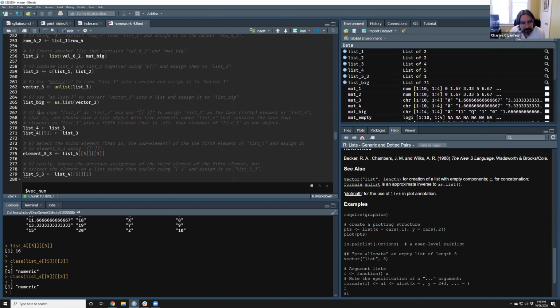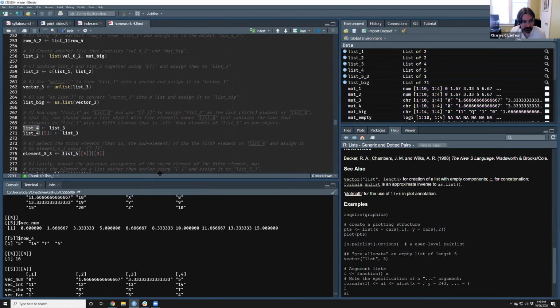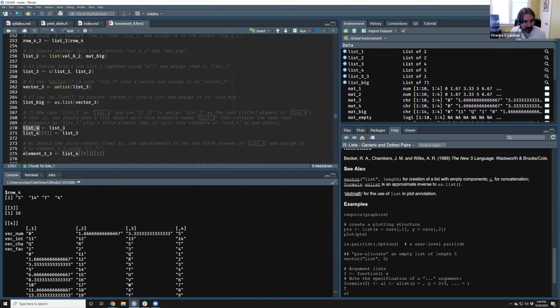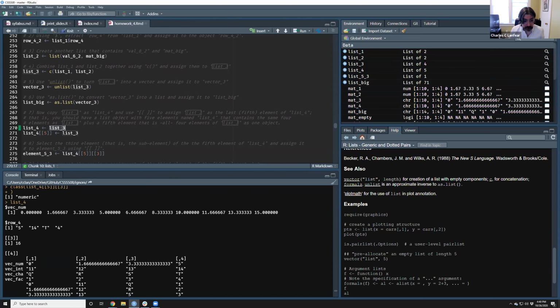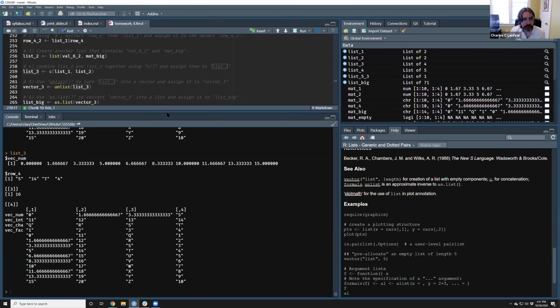Okay, so what I want you to do is to take list 3, make a copy of it, and then add on to that list the entire list itself as another element. So essentially, this list has, by default, it's kind of a mess here, right here. There we go. It has 4 elements. So list 3 here has 4 elements: element 1, element 2, element 3, and element 4.